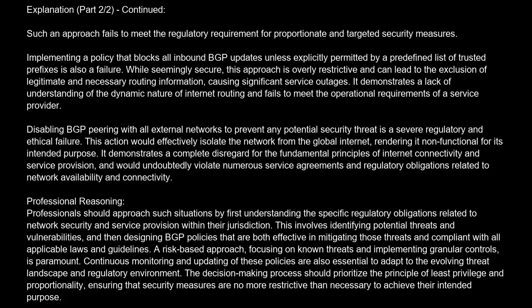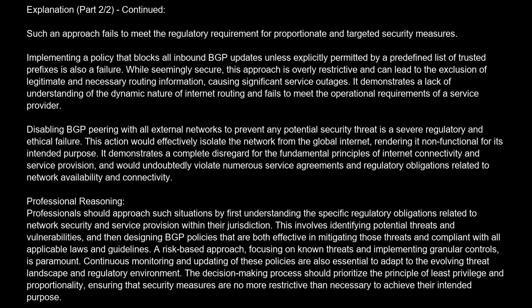Implementing a policy that blocks all inbound BGP updates unless explicitly permitted by a predefined list of trusted prefixes is also a failure. While seemingly secure, this approach is overly restrictive and can lead to the exclusion of legitimate and necessary routing information, causing significant service outages. It demonstrates a lack of understanding of the dynamic nature of internet routing and fails to meet the operational requirements